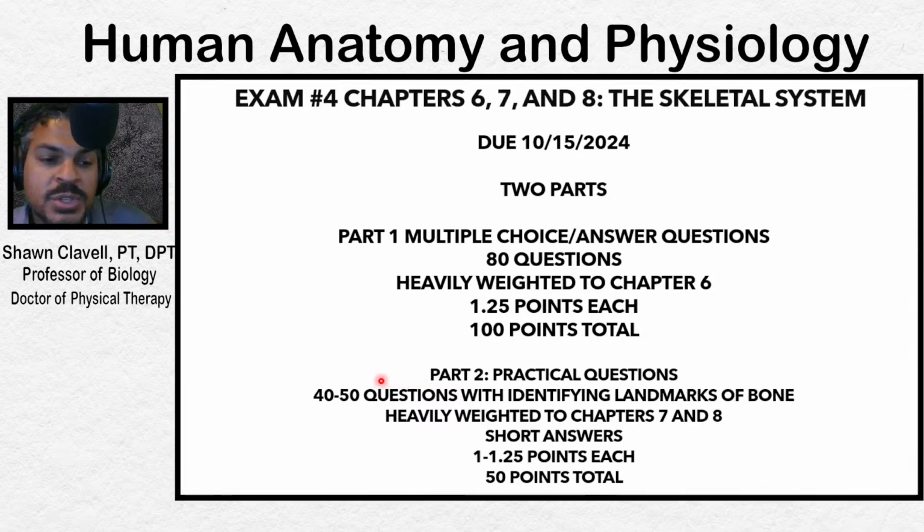So these practical questions comprise 40, 50. I'm still finishing out. It'll probably lean somewhere in between, and it will have those short answers. You'll get a picture. Some of them might be multiple choice, but you'll get a picture of a bone or histological image. So you might see some chapter 6 material, whether it is the histology of bone or cartilage, which is very closely aligned to bone in the skeletal system. So we'll be looking at those things, but also primarily looking at the different bones of the body